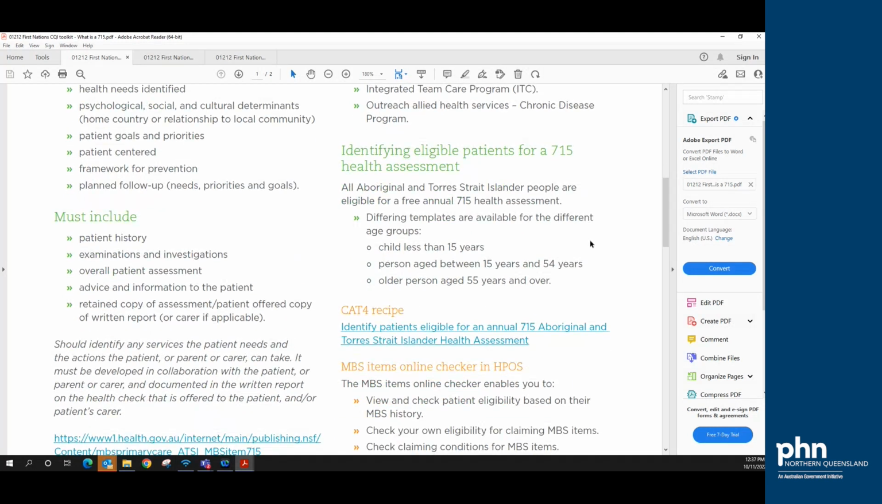Then we go into identifying eligible patients for a 715 health assessment. The previous toolkit was about making sure that you had captured as many of your patients and recorded whether they identify as Aboriginal and Torres Strait Islander patients or not, and be able to then run a report, which is here, your CAT4 recipe. So if I click on that,